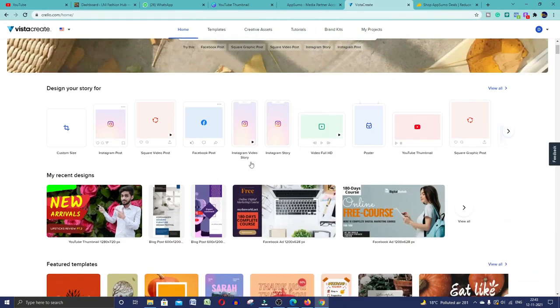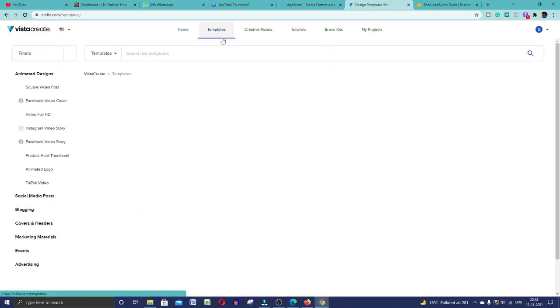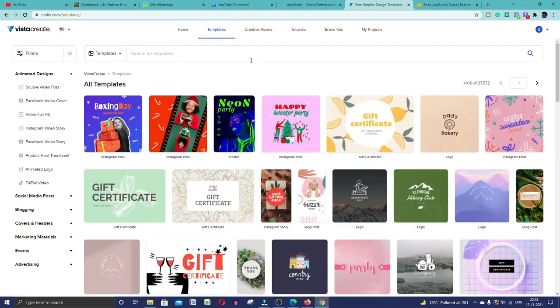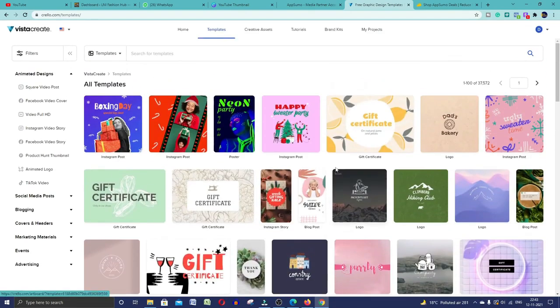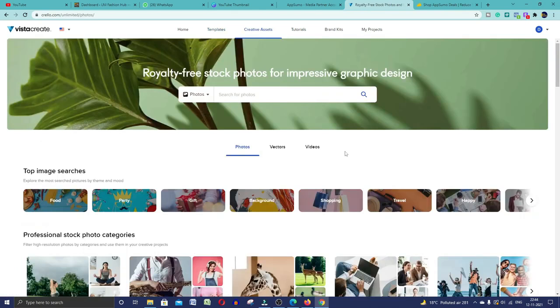Okay, my dear friends, Crello is a graphic designing tool where you can design all your graphics from scratch, and as well as you can edit ready-made templates, and use creative assets and tutorials. If you go with the tutorial options, so many more things you can do. You will find here so many ready-made templates, and some of these are pro level and some are free. If you want to use this tool for free, you can use it, but you can do less work with the free version. But if you want to go with professional level, you should definitely purchase their pro plan.